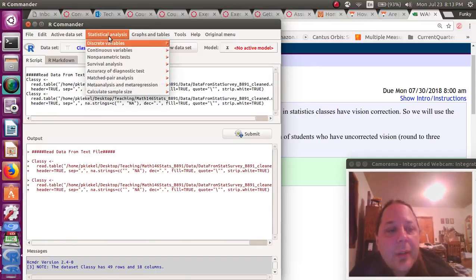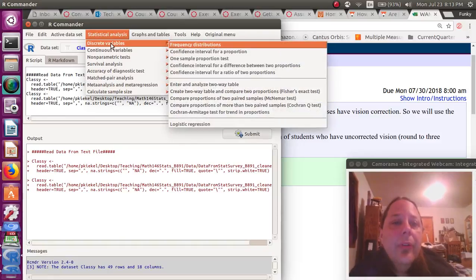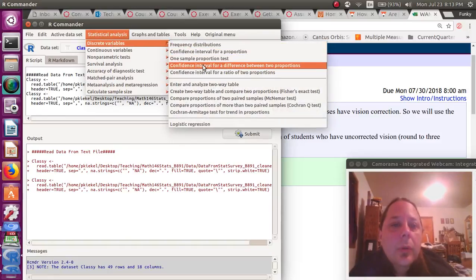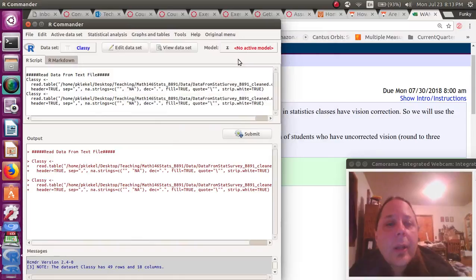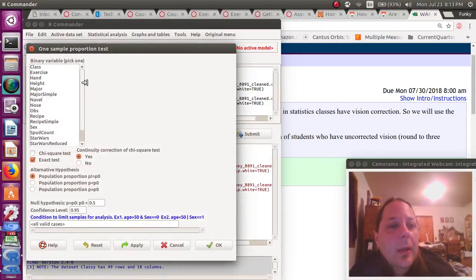Statistical analysis. All categorical variables are inherently discrete. So discrete variables. And then I go to one sample proportion test. You'll learn why it's a test in Unit 8. But it's the same math. So we're going to click on that option. Choose vision bind. And you have to turn on the chi-square test, turn off the exact test, and turn off